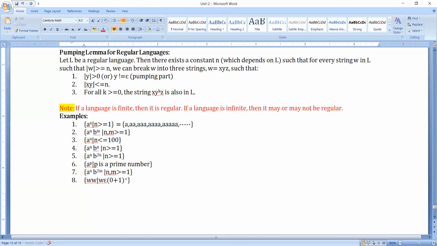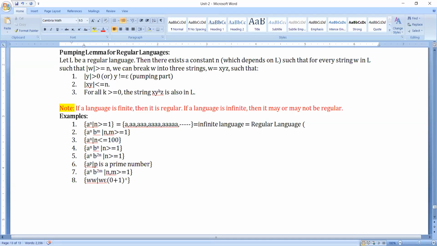What type of language is it? It is an infinite language. Can we construct the finite automata for this? Yes, we can. So the given language is a regular language.